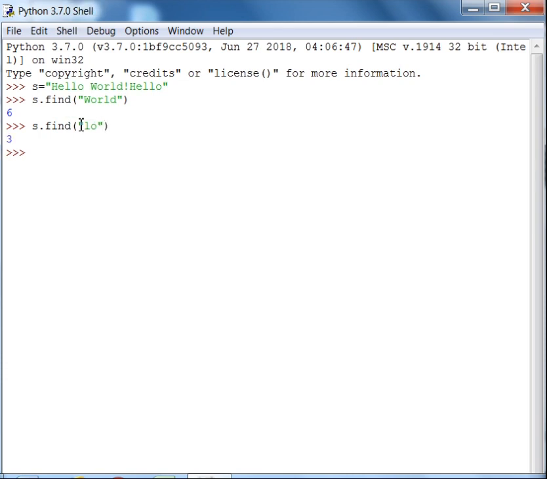So what will happen? It is returning you 3. Suppose I want to start searching from a particular location or index, say from 6. Then it will return you the index of this lo. Here it is returning you the index of the first occurrence of lo. Suppose you want to start from there, you can specify the start index also from where you want to search. Then I can write s dot